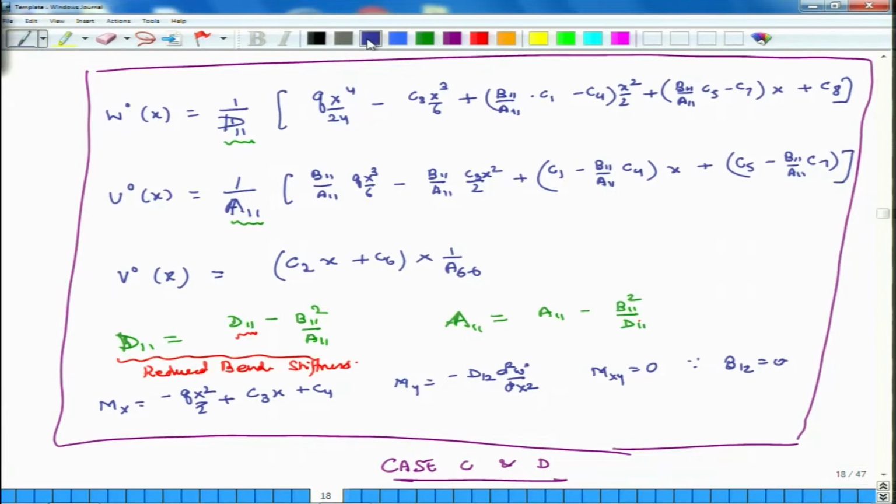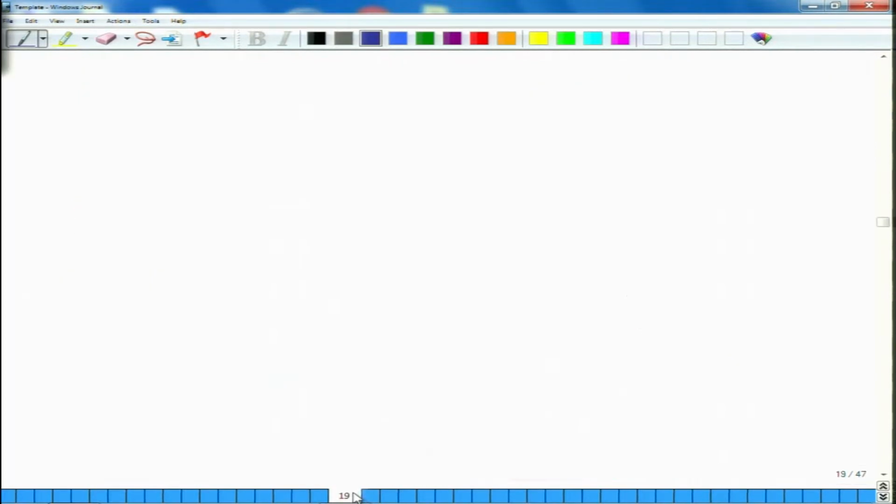One thing I omitted writing in terms of the solution in the last class was that I did not explicitly write down the values of the N's. So, Nx is equal to C1 and Nxy is equal to C2. Okay. So, that is still there. So, now we apply the boundary conditions.